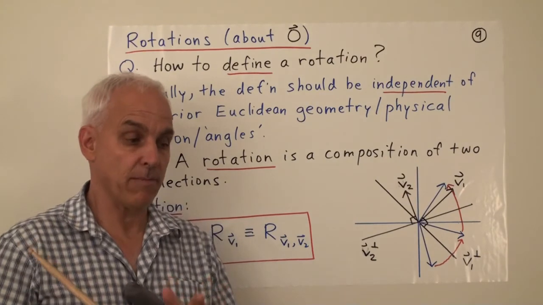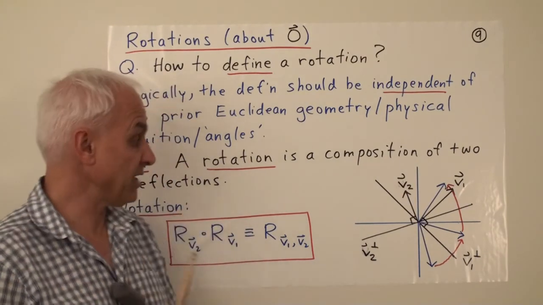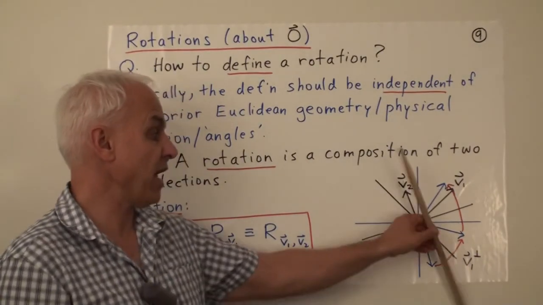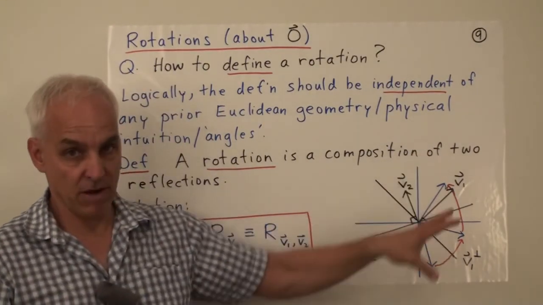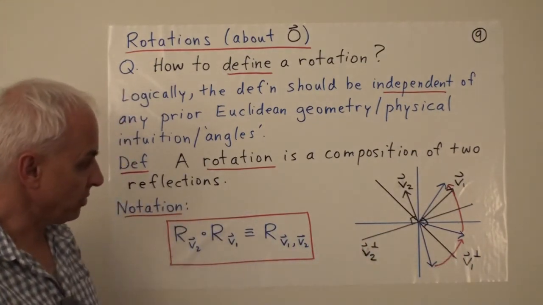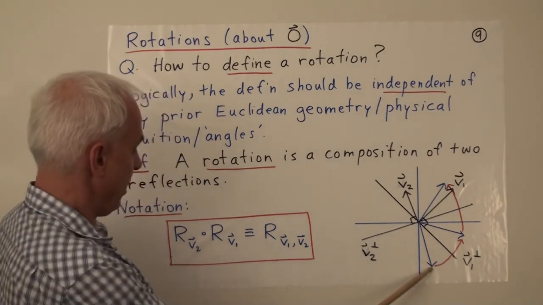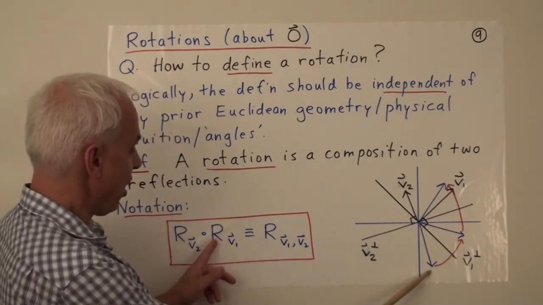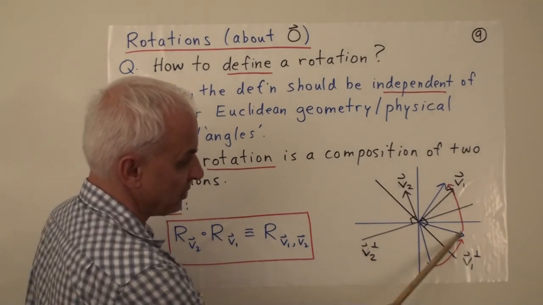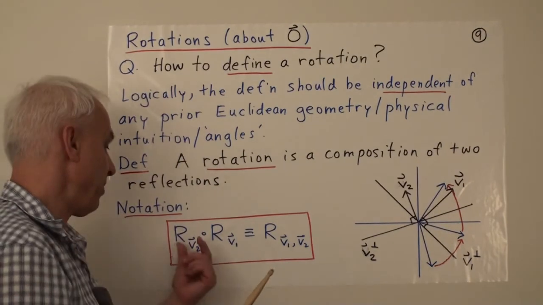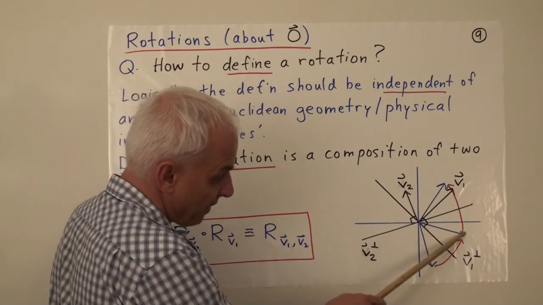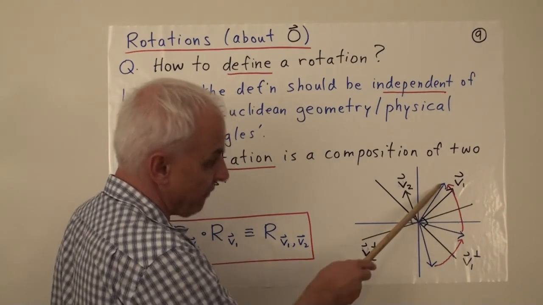It's also possible to talk about more general rotations, just as it's possible to talk about more general reflections. Right now we're just talking about reflections in lines to the origin and rotations about the origin, which are the simplest kinds. Okay, what does this actually do? Let's say you have a vector, say this one here, and we reflect it using r sub v1. What happens to it? Well, we reflect it in this line here, and so this vector goes to this vector. And now we apply r sub v2, and that means we're reflecting now in this line, so that vector goes to that vector there.